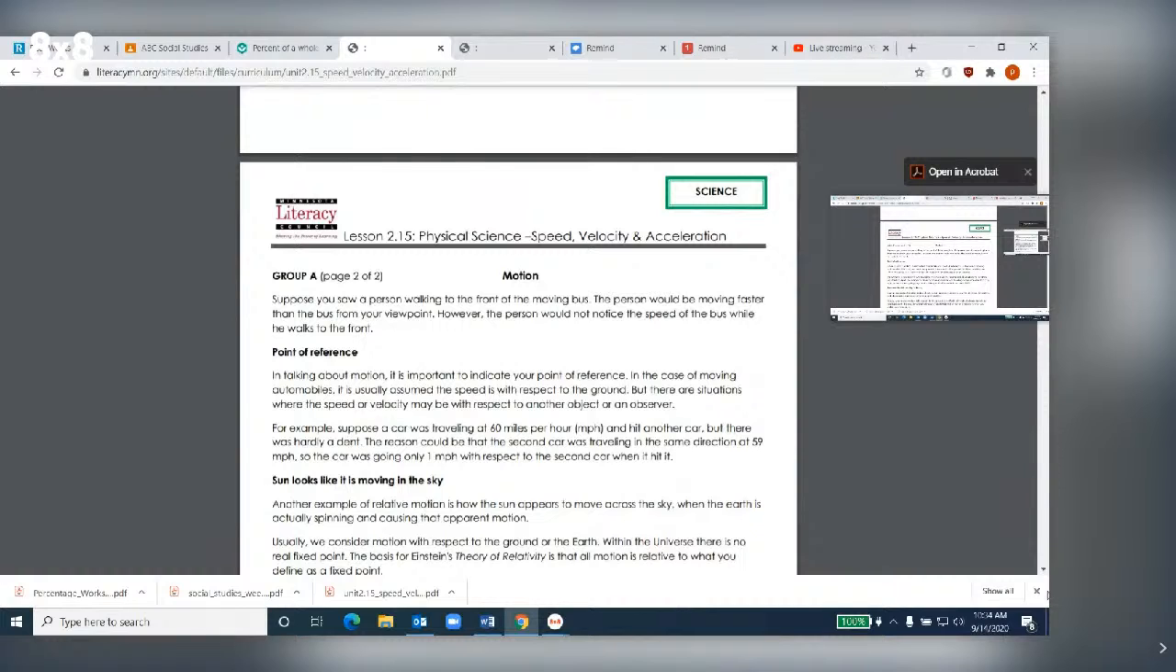Okay, that one would be maybe if they just bump a little bit. So two cars traveling the same speed. This one says there's a 1 mile an hour difference, 59. Okay, another example of relative motion is how the sun appears moving across the sky when the earth is actually